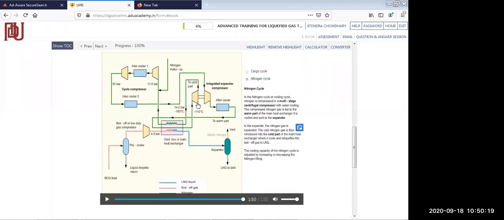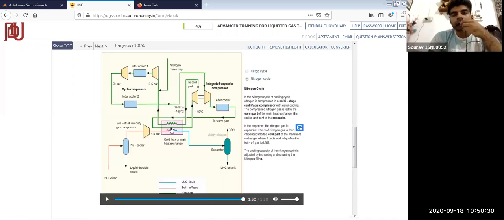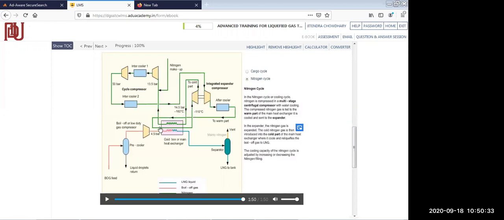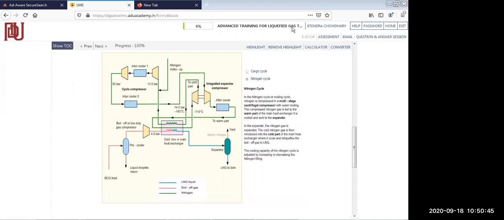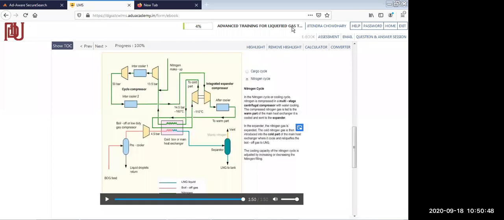And then the next stage, because the main thing is that we need the gas at minus 163 degrees centigrade. If the nitrogen is not going at colder than minus 163, like minus 160 or 164, then it will not be able to cool and liquefy the LNG gas. That is the main aim. If that is not done, then the LNG will not liquefy. So that's why we have one more expander. But again, this is an integrated expander compressor, which uses both a compressor and an expander.